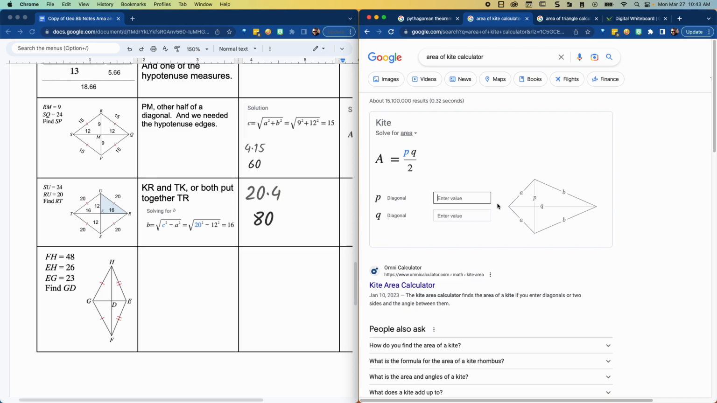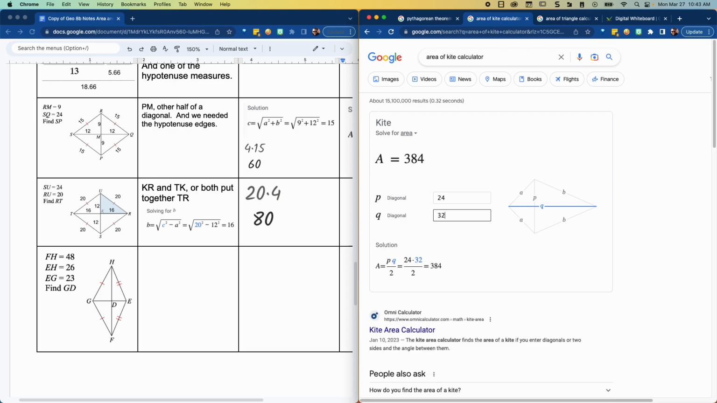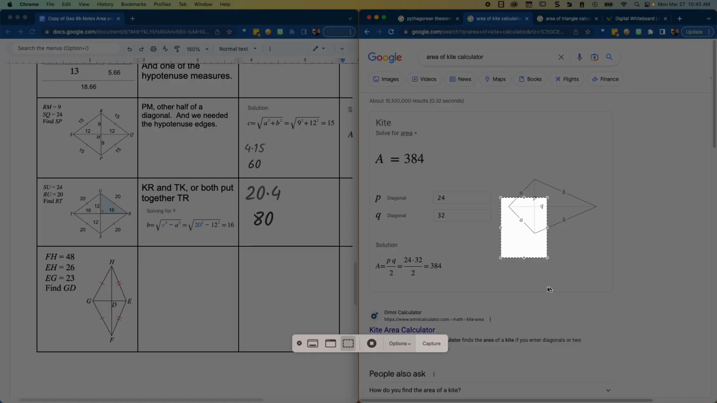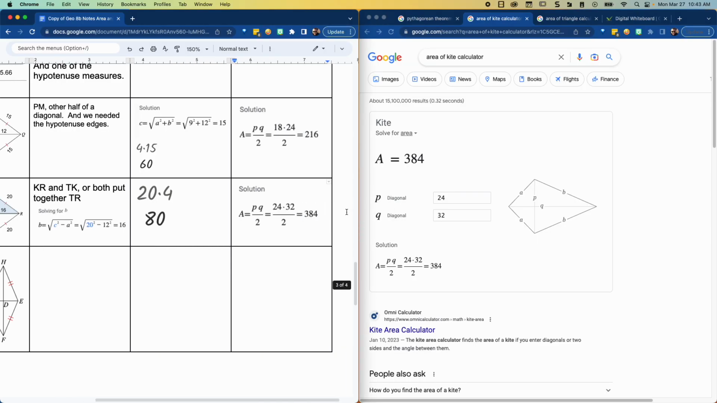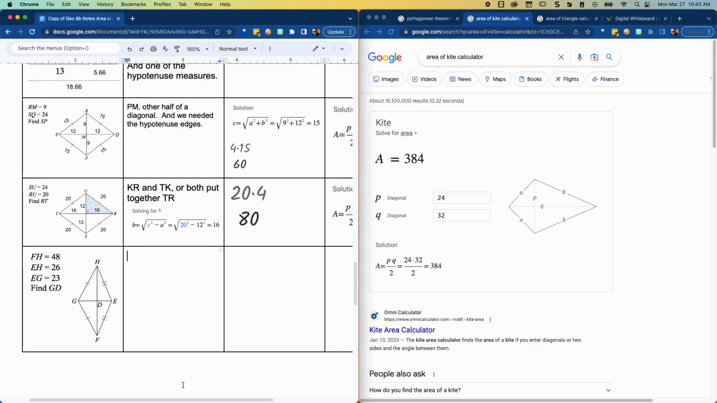So one of the diagonals, the up and down one, is 24, and the other one is 16 and 16, which makes 32. And that gives me a total area of 384. Awesome, awesome, awesome. All right, now this kite, this is probably the most complex because it doesn't have the same